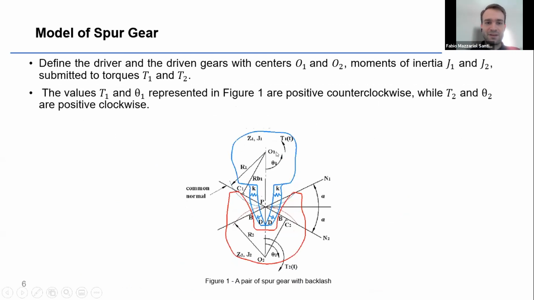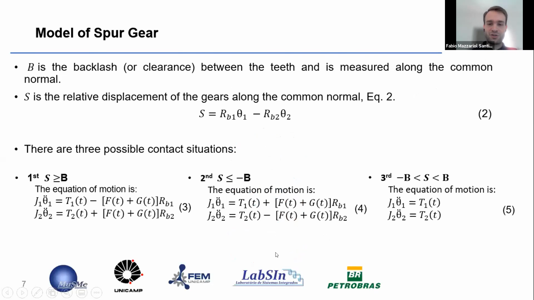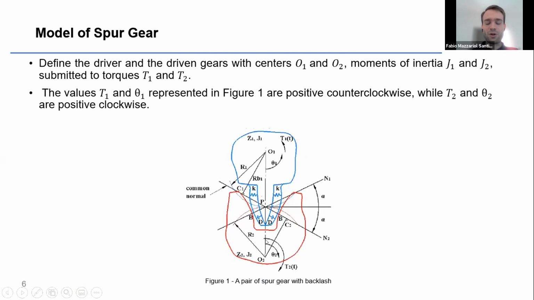Further, we can see that gear 1 is placed in an O1 center and gear 2 is placed in an O2 center. Both have inertia, J1 and J2, and both can be submitted to torques T1 and T2. For gear 1, counterclockwise is the positive direction, and for gear 2, clockwise is the positive direction for angular displacement and for torques. We can see also that we have backlash